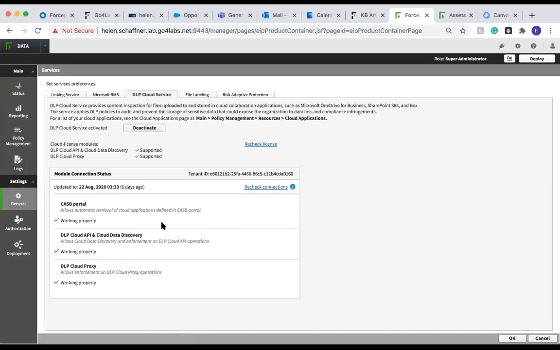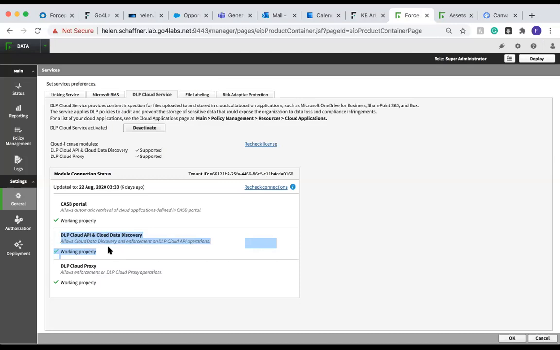I already have everything connected here, but in the beginning, all we have to do is activate DLP Cloud App Service, and then provide the API keys, and that's it. As soon as you hit connect,